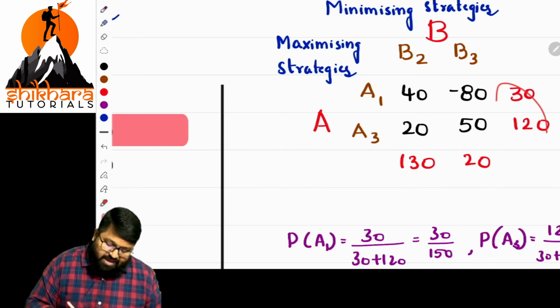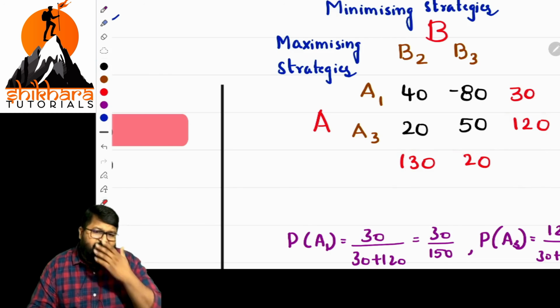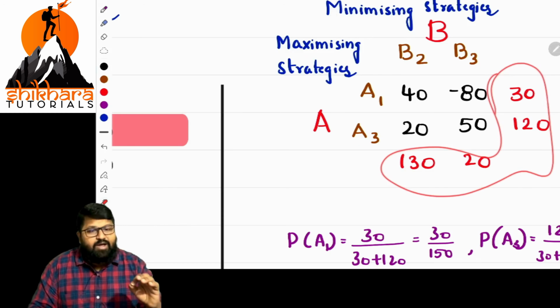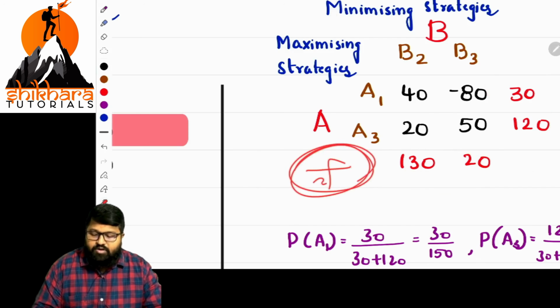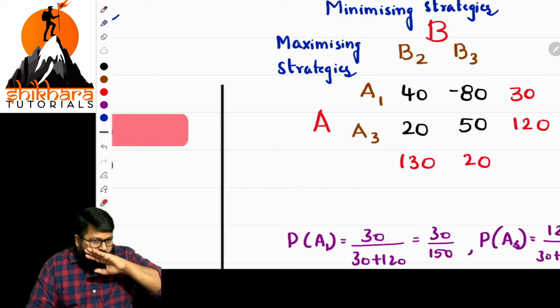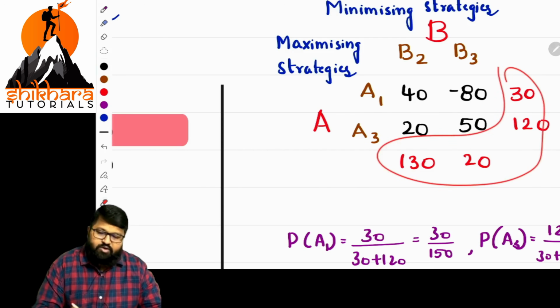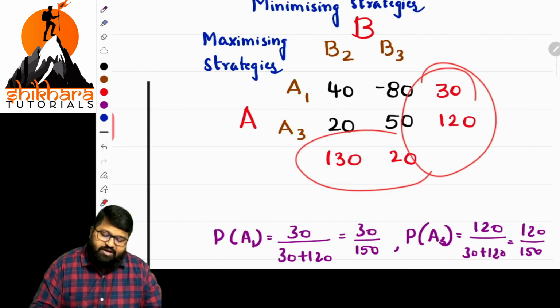So when the values are mentioned there, one more thing: while you are writing the differences, ignore the sign. Ignore the sign. This is the most important aspect. Do not go with the signs. Just for the sake of calculation, give importance to signs, but for other things, do not give importance to the signs. Once it is done, it is easy to calculate probability.